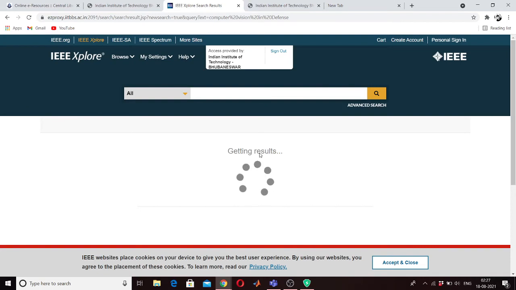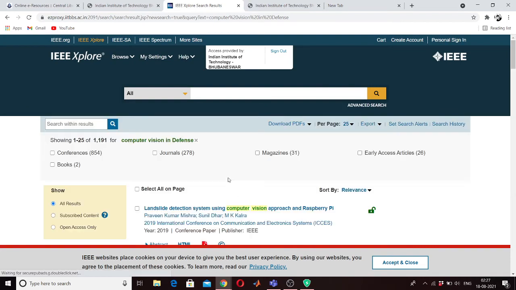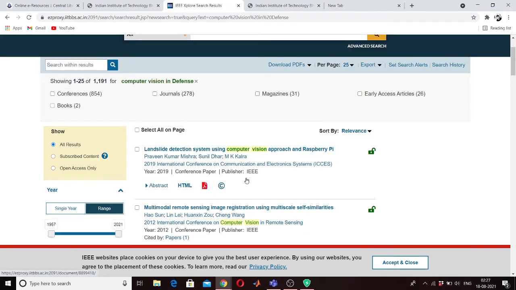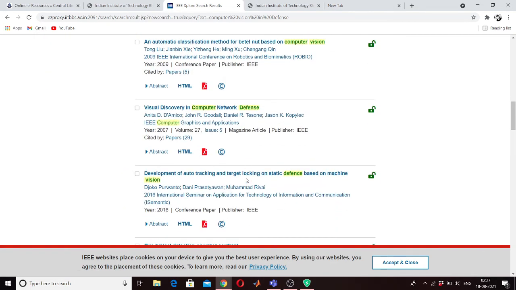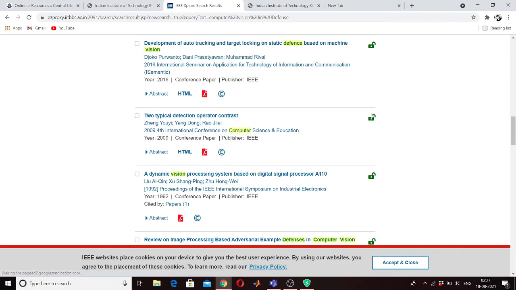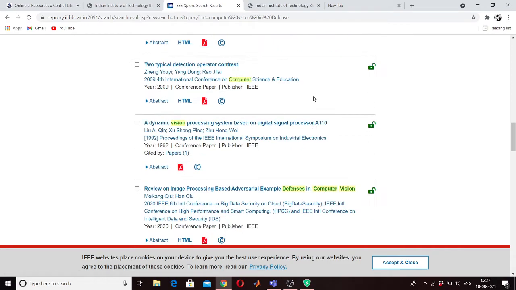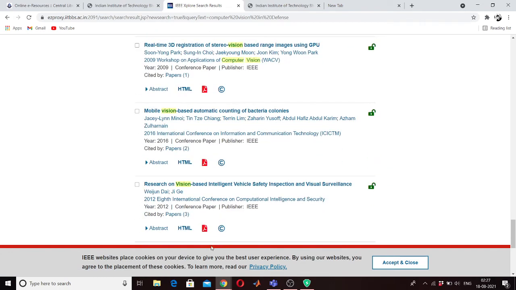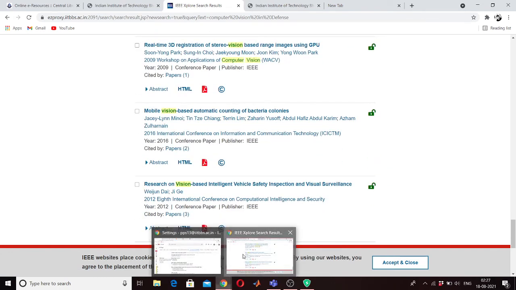Before it gets the results, we'll just go into the other sites. So these are all the resources, but still you can't access all of them. You can see a lock here for some of the resources while you search normally. Now let us see what other sites we can explore.